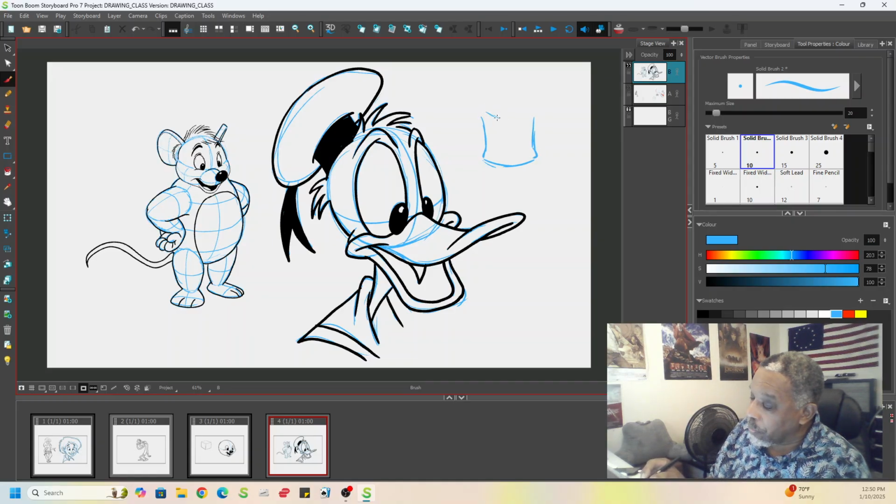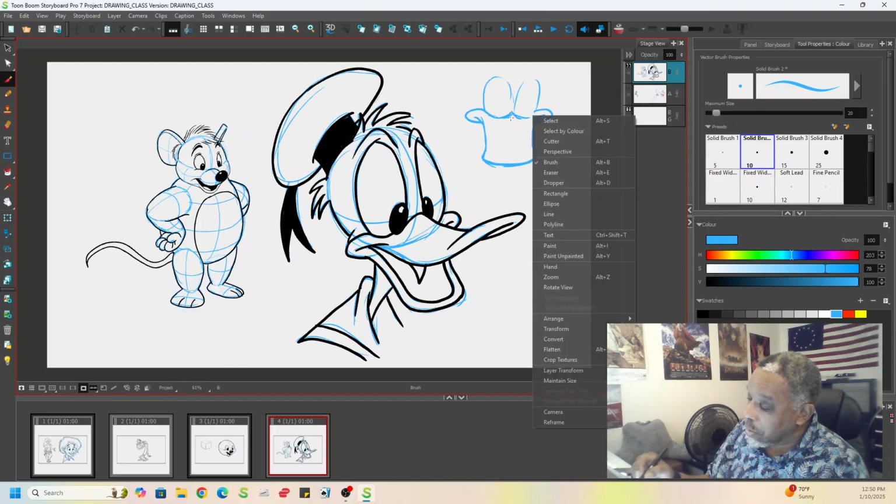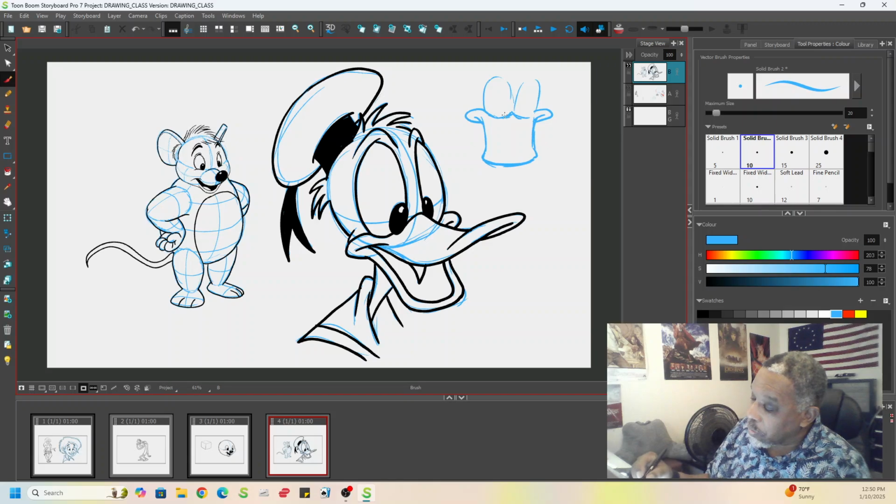You've got an area here where the eyes are going to go. So let's say you got some cheeks going this way, and let's say his eyes are up here somewhere, you're looking at Donald from the top,